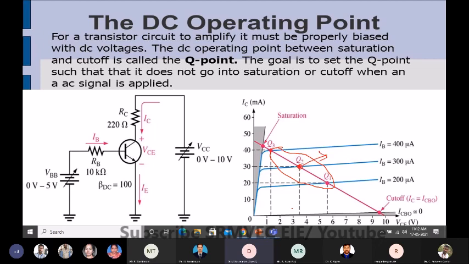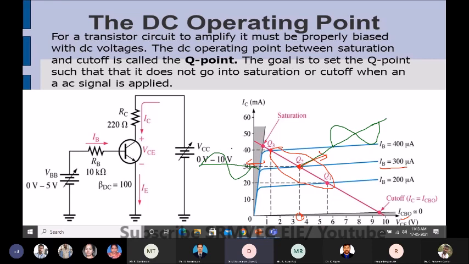So what do you mean by operating point? The input voltage for which we get an output current. Okay, so the input voltage means the corresponding input current, and the output voltage, for that we get an output current. Okay, so why do we have to hold that point without it going to saturation or cutoff? Why? So that you can apply the AC signal. So if you want to have the characteristics, okay, this has to be amplified. So this can be amplified only between these limits.